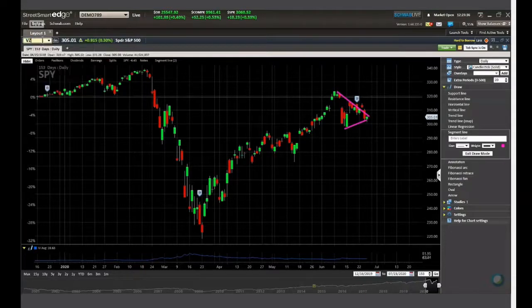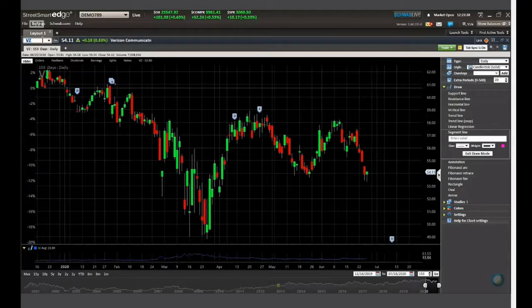Let's look through some of the other examples people have written in. You've got Verizon. Okay, so this is a really good potential opposite. All right, this is a double top. Same thing can happen. Double bottoms happen as you reverse from a downward movement. Double tops happen as you reverse from an upward movement. So what do you have going on here?